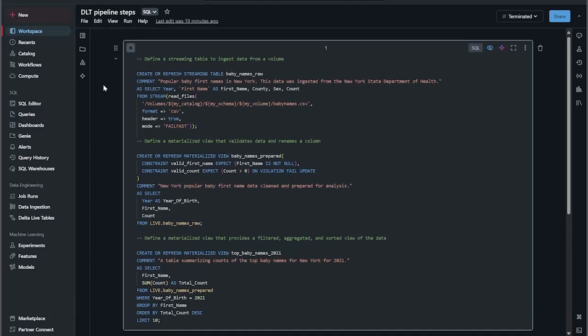And what we're doing here is we're creating a streaming table, and each one of these represents a layer in the medallion architecture. So the bronze layer is just the raw data. So we're just loading in that CSV file, and if you notice here, I have my catalog, my schema, and my volume, but there's nothing in here.